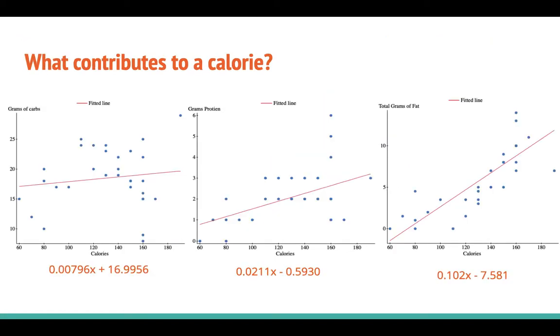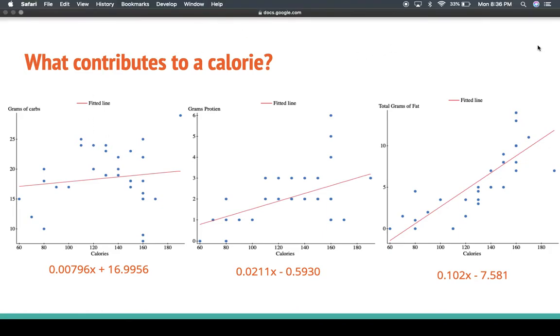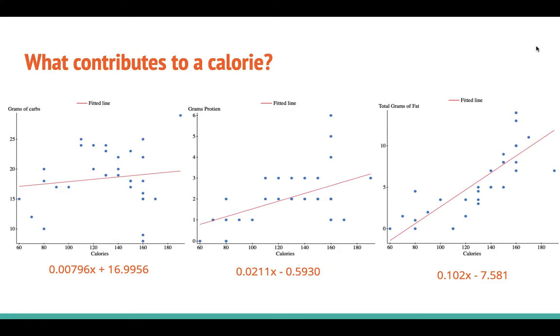And secondly, what contributes to a calorie? As we know, carbs, proteins, and fats are what contribute to the makeup of a calorie, and our data correlates with that assumption. First, the graph on the far left shows how grams of carbs contribute to a calorie. You can see that as the calories increase by 1, the grams of carbs increase by